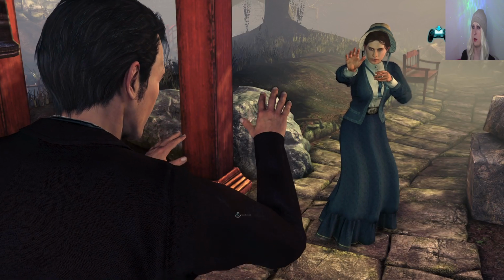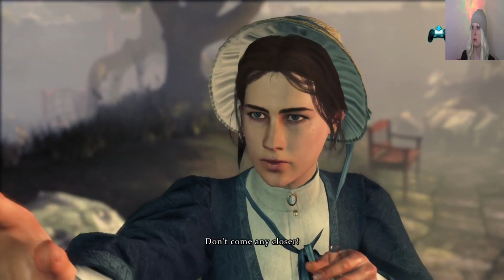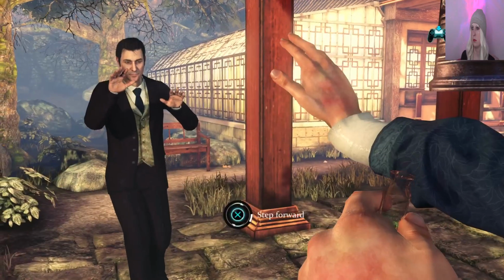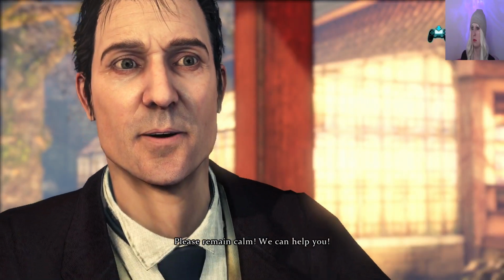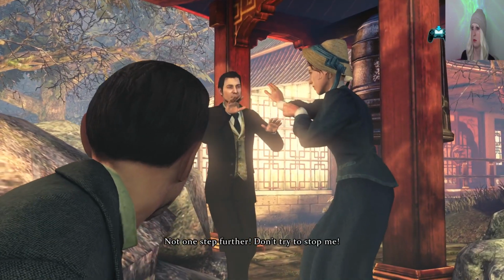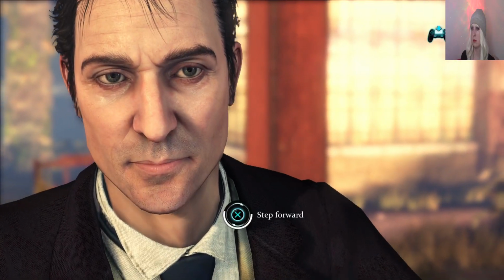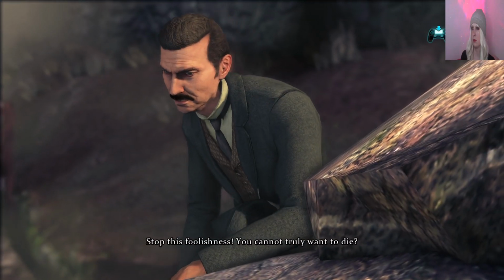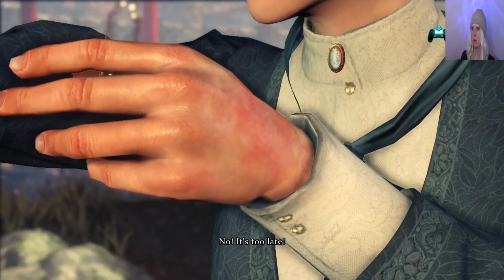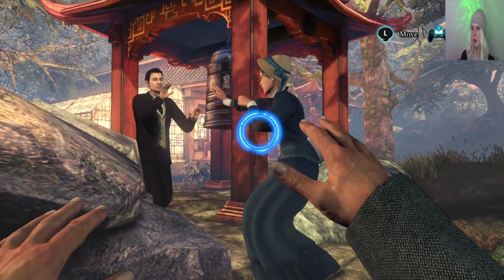Oh, Lord. I beg you not to do this, Miss White. Don't come any closer. Please remain calm. We can help you. Not one step further. Don't try to stop me. Stop this foolishness. You cannot truly want to die. No, it's too late. I just don't...